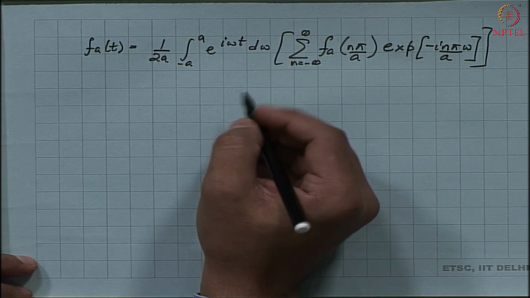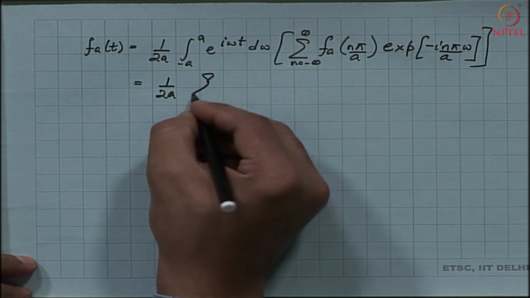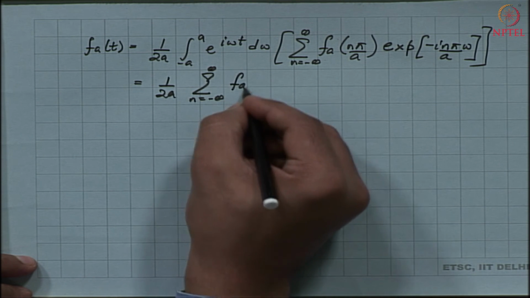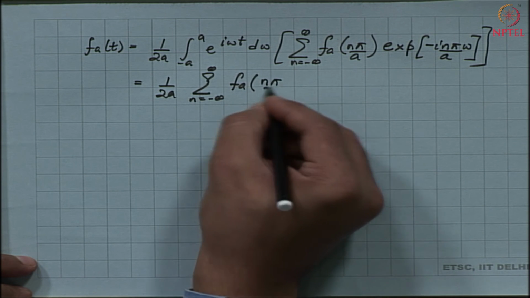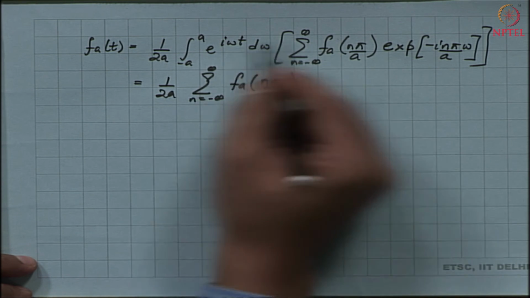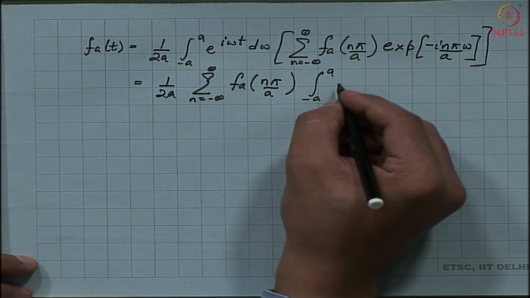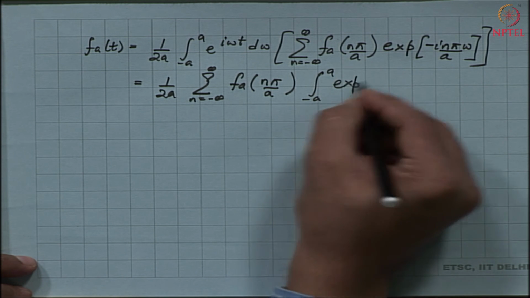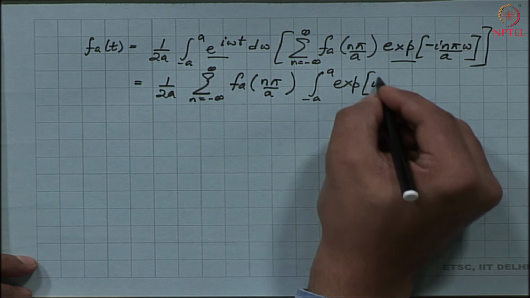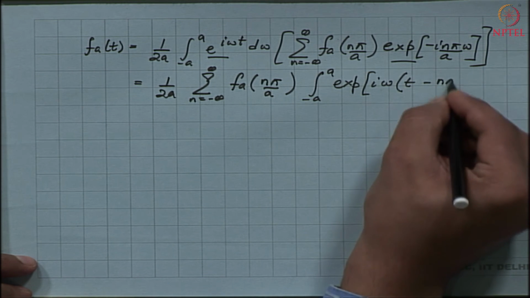Okay. So, then this is also equal to 1 by 2a summation n from negative infinity to infinity f_a(n pi by a). I have taken this sum outside and the integral inside, from negative a to a, e to the power